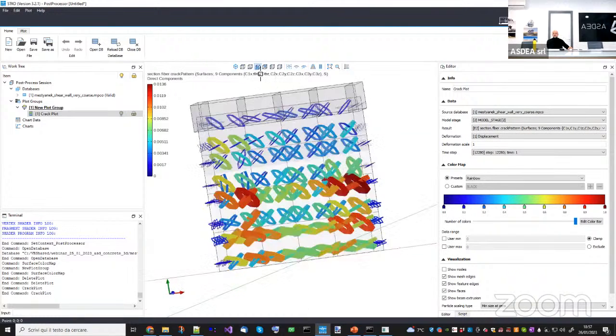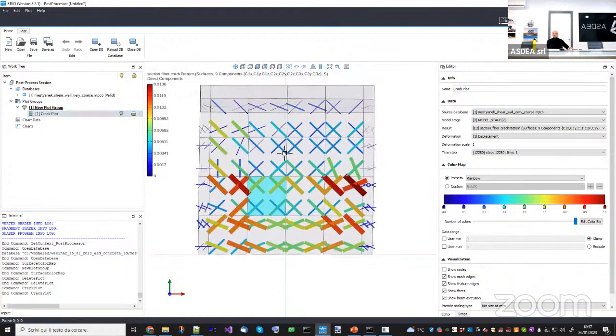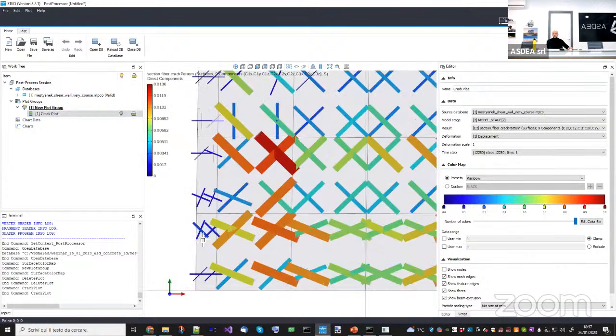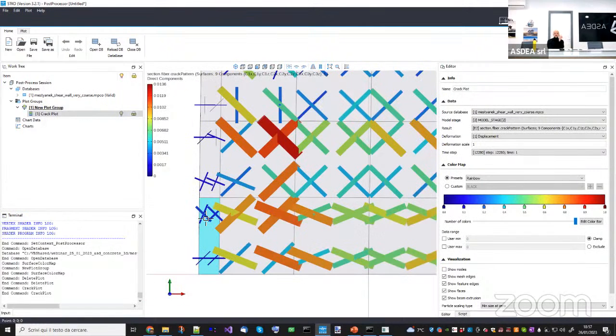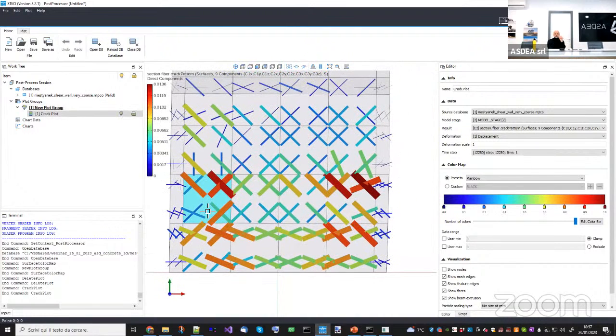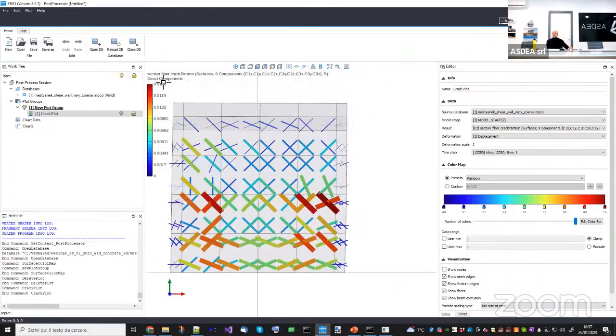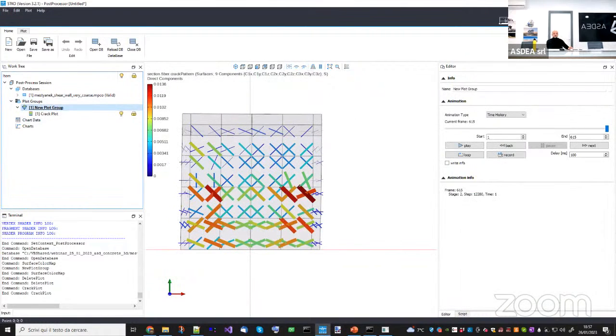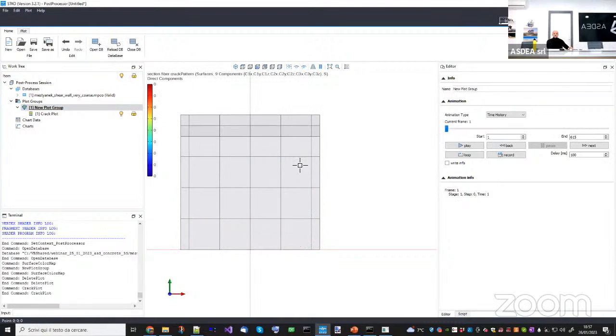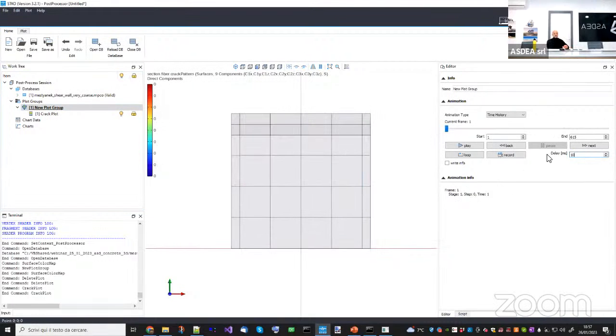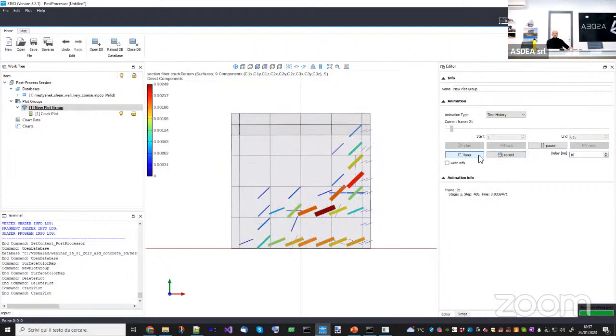If you put yourself in the plane of the model, you will be able to see them, and their thickness will be proportional to the opening of the crack. The value will be the crack width, so the maximum principal strain times the characteristic length of the element. In this case, I have a maximum crack width of 1 centimeter. If we watch the animation from the beginning, it will be much easier to understand what's going on in the model. You can see at the beginning the opening of bending cracks here in the middle, then a first